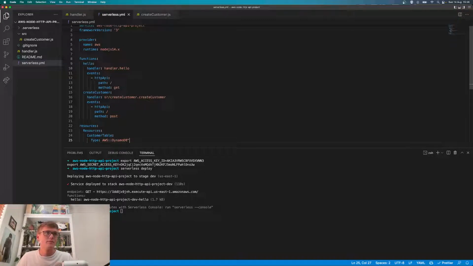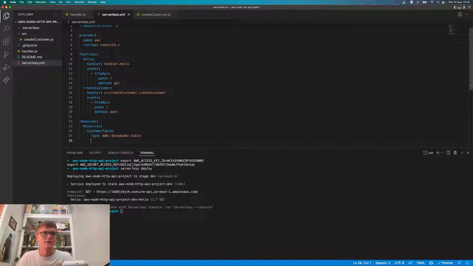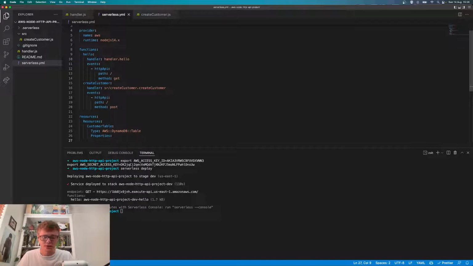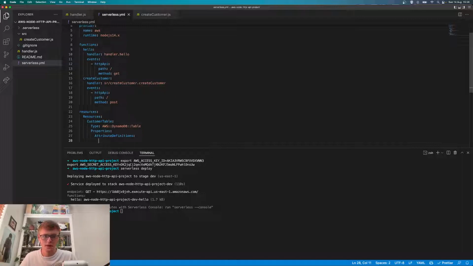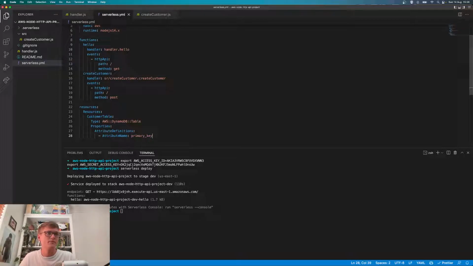DynamoDB table. For anything that you can't write natively in serverless, you can also just write it in CloudFormation as well. So it's really not restrictive. So don't worry about beginning to use serverless and then needing to build things on top of it. You can just define them in the same file, and when it compiles to CloudFormation, it'll just leave them as you wrote it. So we're going to have attribute definitions, attribute name, primary key, and that is going to be a string. So attribute type